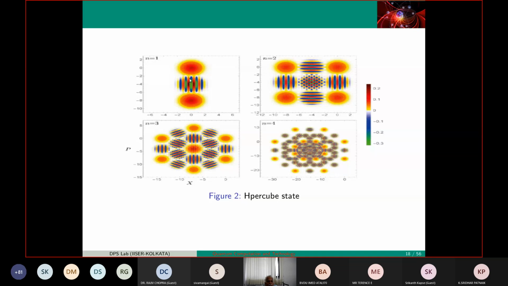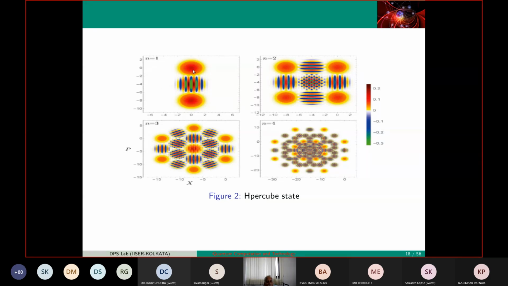The Schrodinger cat state simultaneously exists here and there. Superposition kind of thing, 0 plus 1. 0 is here, 1 is here. Now, interestingly, when there's a cat state, there is some interference effect. You see, it is coming out here. So particle nature, because the particle is here, and wave nature, because of interference, minima and maxima, those things come out very cleanly in something called the Wigner function, W.